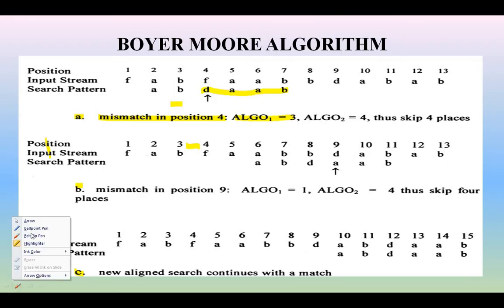Okay, so this is one of the efficient algorithms. Now we consider the steps of algo 3 for the next step, how you are going to take the steps. From 6 to 9 the difference is 3, that is defined in algo 3, and from 9 to 10 the difference is 1, that is defined in algo 3. Algo 1 here is 3, and algo 1 here is 1. Like that it can be displayed. So this is the Boyer-Moore algorithm working example.